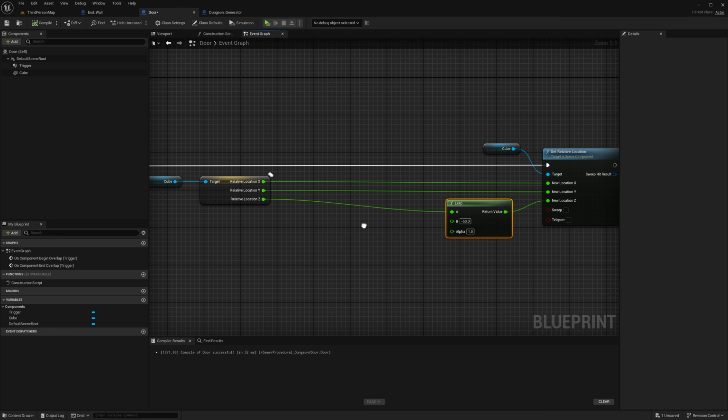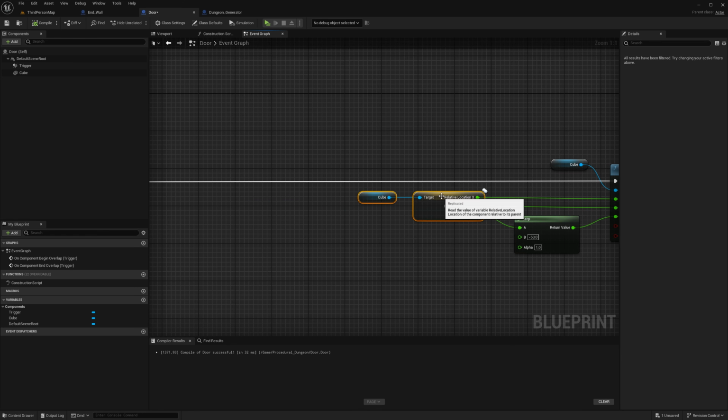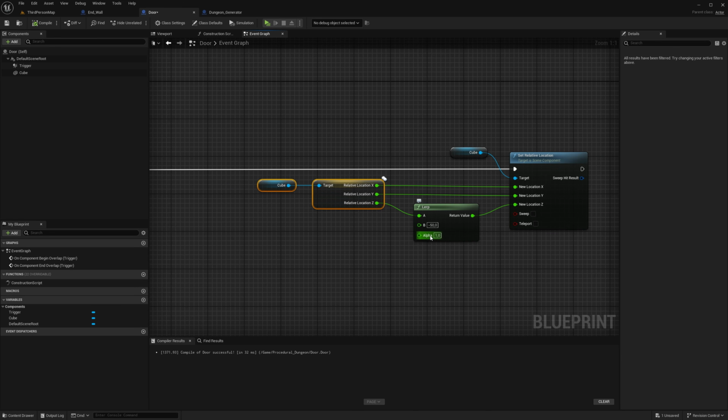We need to make an animation timeline so we can animate this parameter. Right now we can just set it, but we need it to go from 0 to 1 over time. That is what we need to do.